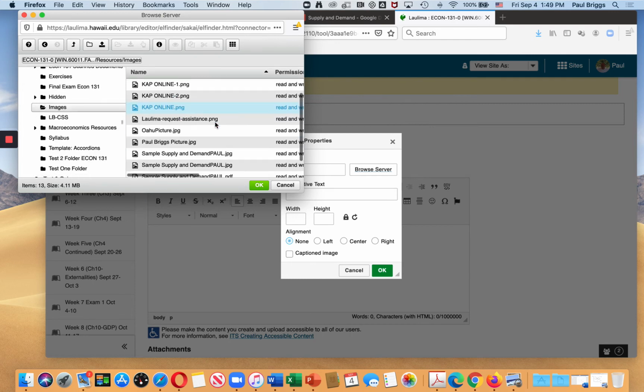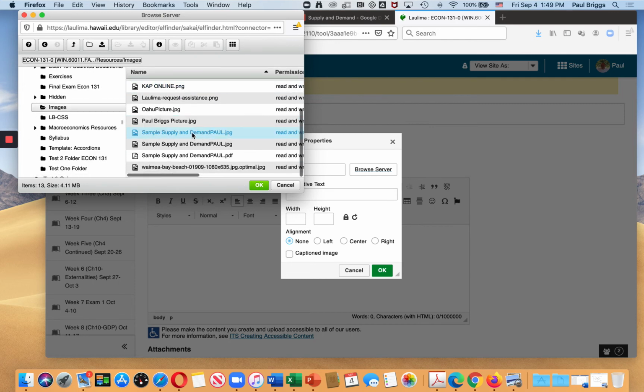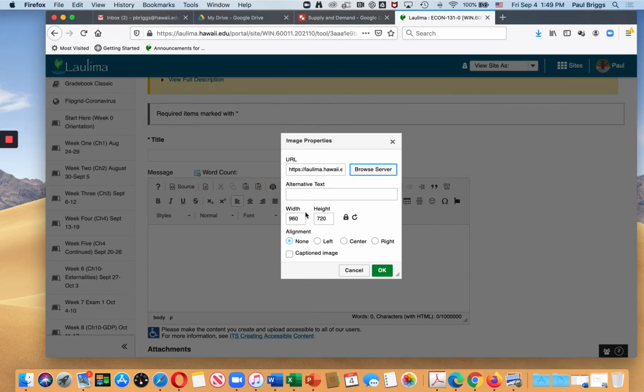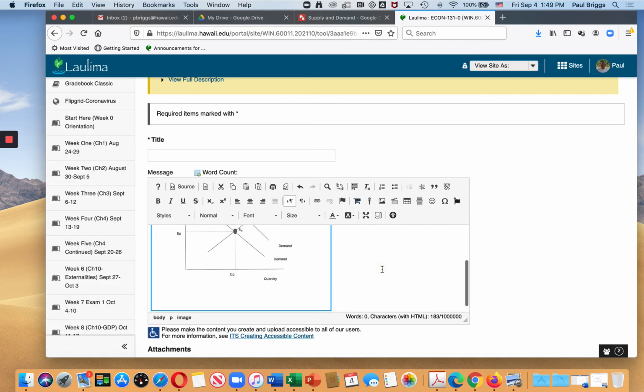All right. Now it's going to give a width and height. I always like to convert this to 400, and then the height would automatically be inserted. I usually insert some alternative text for folks who are visually impaired. Click OK, and there's our graph that is inserted into